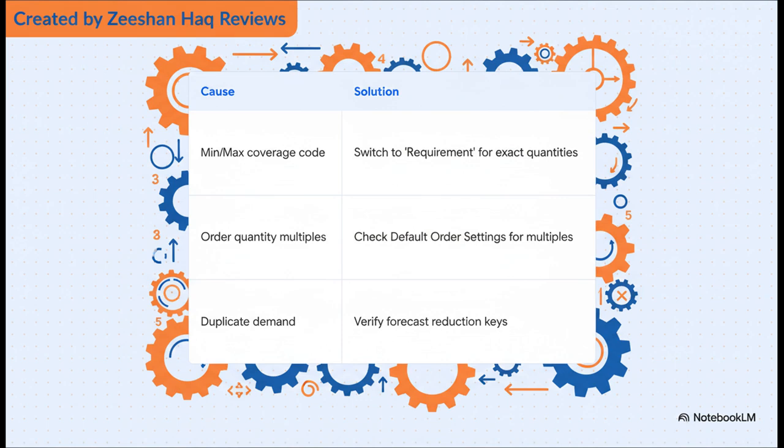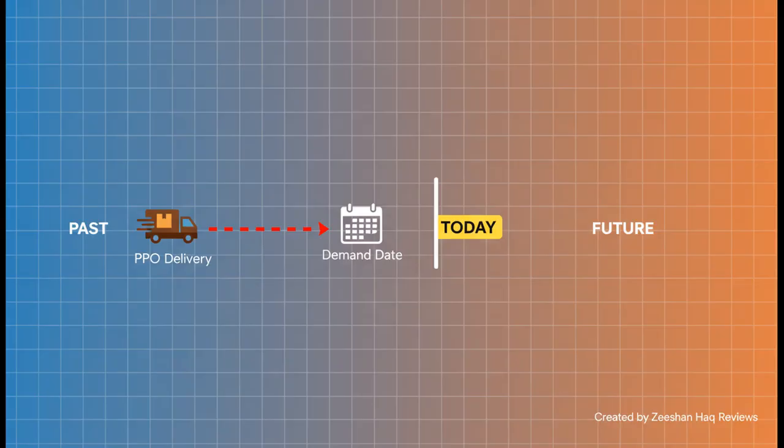If you have a multiple of 12 set on an item, the system will always round up to the nearest dozen, which can explain why your quantities seem just a little bit off. This is a huge one. The PPO gets generated, but the delivery date is in the past, or it's way too far in the future. This makes your whole plan feel unreliable and can wreak havoc on your production schedules and, of course, your customer